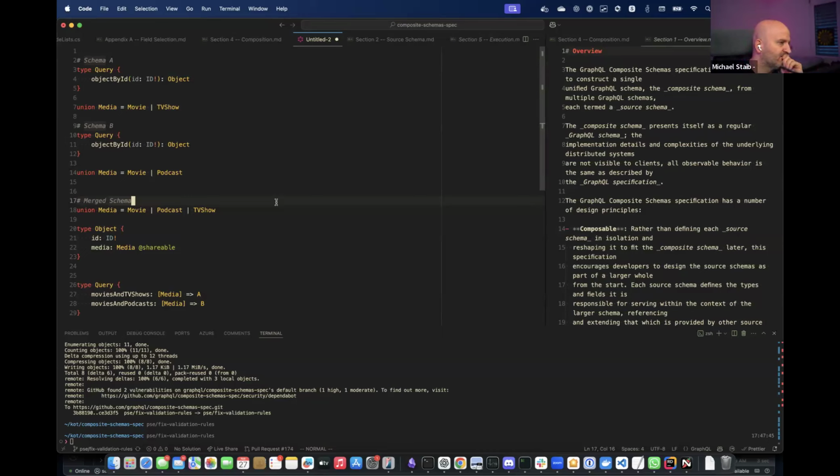But I don't think this would necessarily be doing something wrong. If you have media, movie, and media podcast in different subgraphs, it really depends on the path you take to get to that object, because they could be two different subsets of objects. In one subgraph, their associated media is always a movie, and in the other one, it's always a podcast. It's only when you have a lookup that things become more complicated.